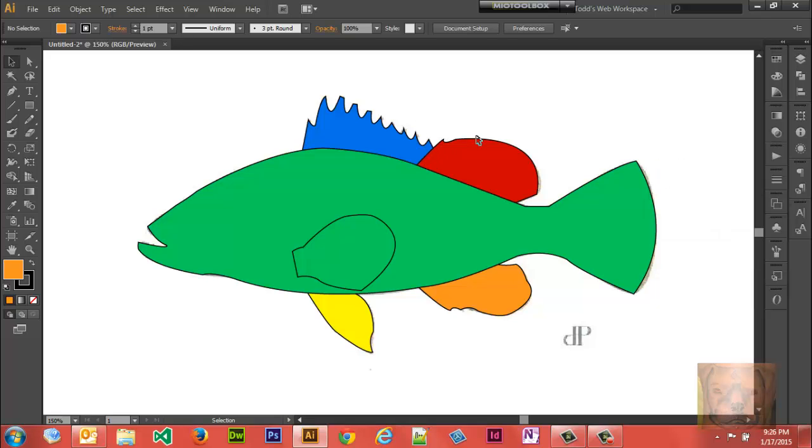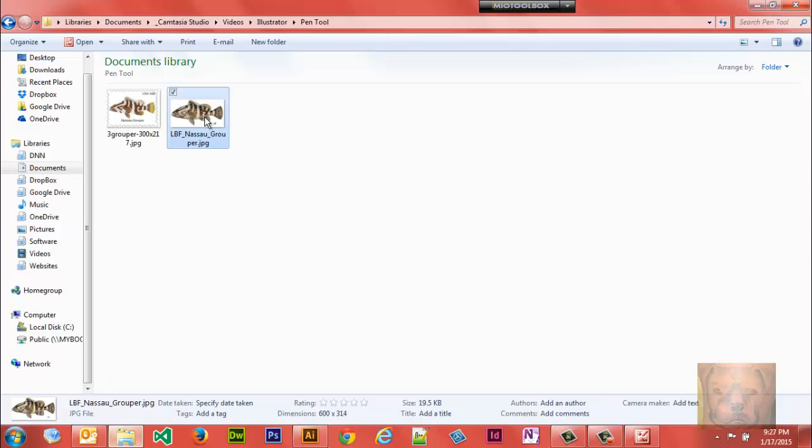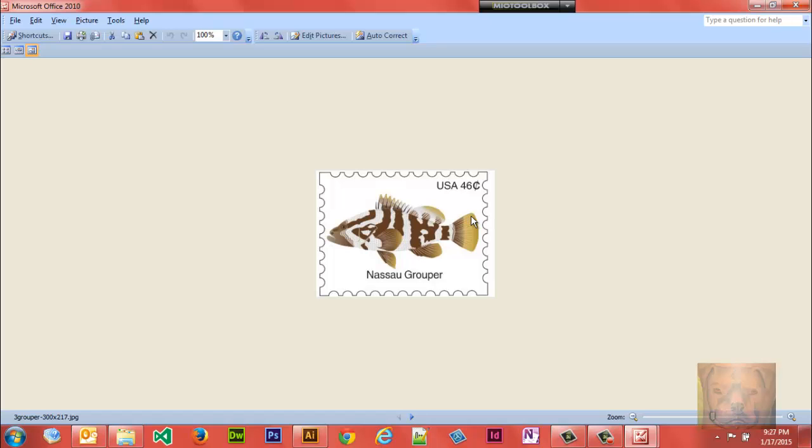Tracing stuff is a good way to get into practice on how to use the pen tool. And that's where it really comes in useful. Again, if you guys would like me to do the entire fish in a future video, which if I get enough responses I will do pretty soon, and show you how to use the blob tool and the gradient tools and more detail in the fins and stuff, just let me know